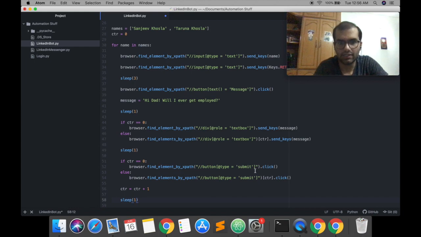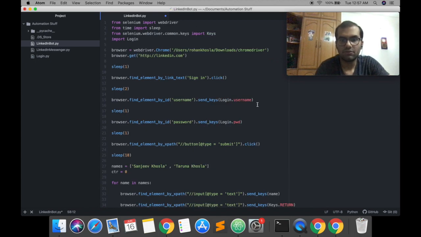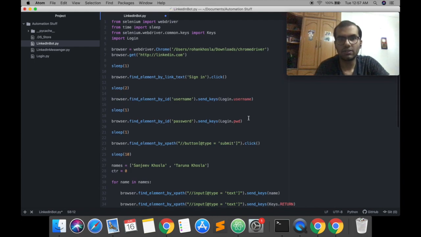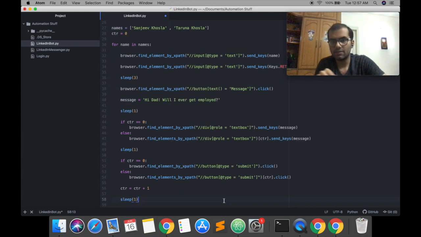This is what it should look like. I will leave a link to the entire code in the description below, so you can check the code out if you just want to copy paste it and tinker around with the names. You can directly copy paste it and just change the names and change the message to your desire and send it and see how it works. Otherwise, you could type it out along and just have a journey along with me. So yeah, let's see if this works.